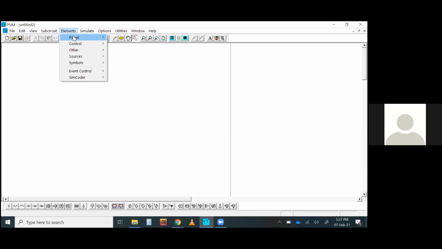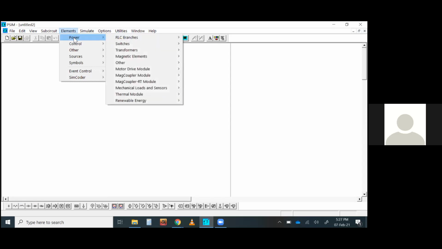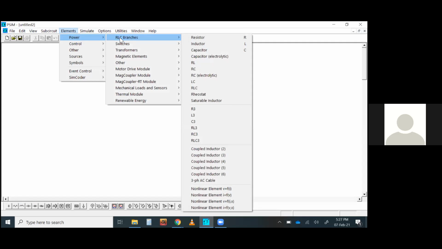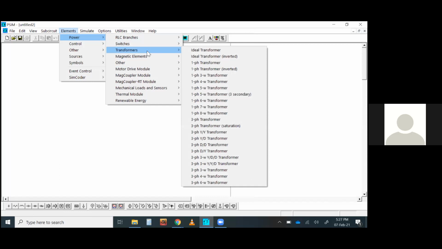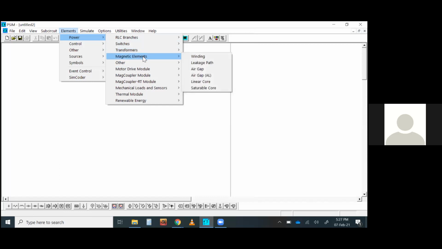If you go to Element, you can find all the modules under the Power tab, RLC branches, three-phase elements to single-phase elements. There are switches, all kinds of electronic switches like transistor, BJT, MOSFET. Transformers are available here. There are magnetic elements. Apart from electrical circuits, you can also simulate magnetic circuits. That's quite a good thing to do.